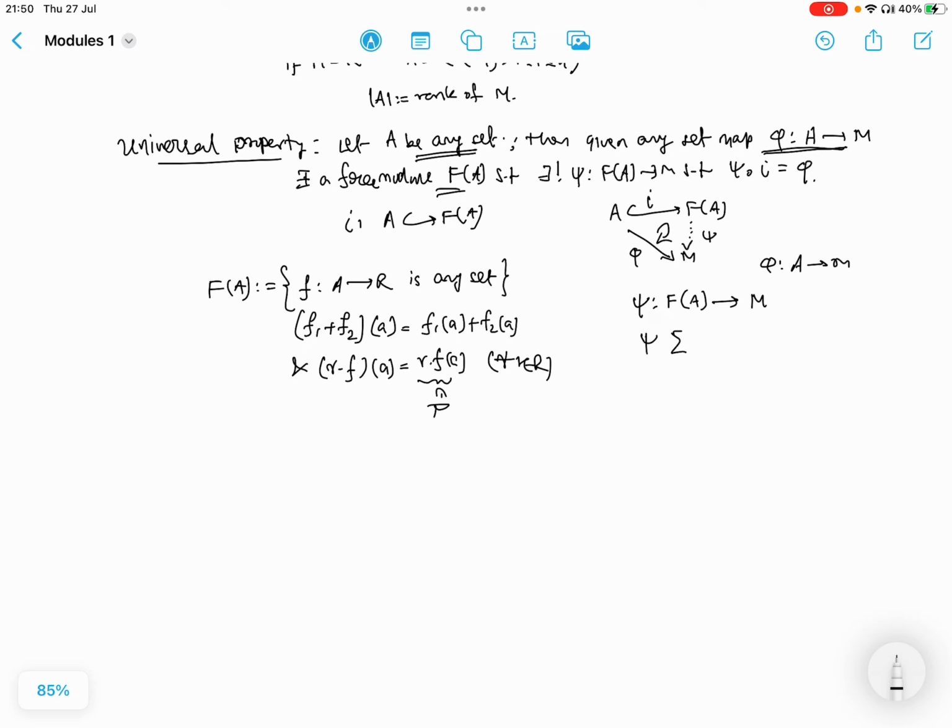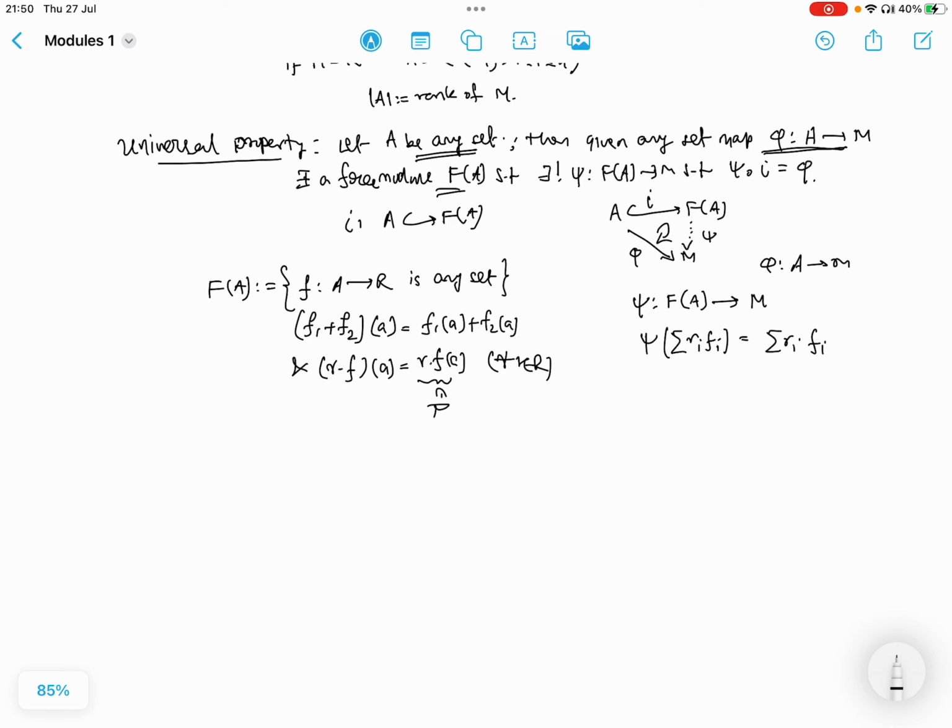Remember this is a free module generated by the elements of A. So just take the sum of r_i f_i, and this will map to the summation of r_i